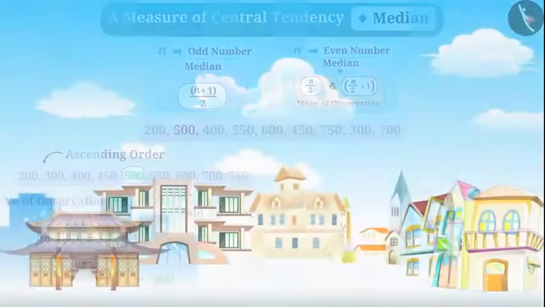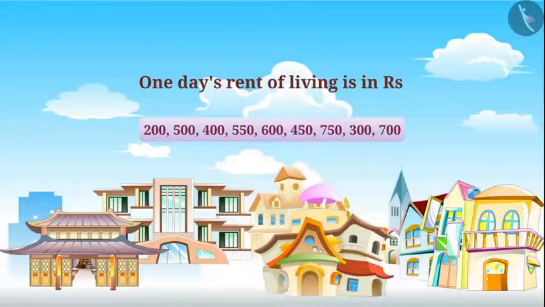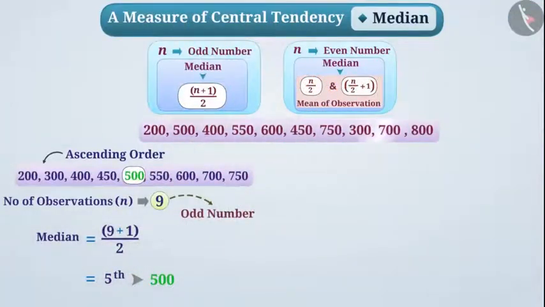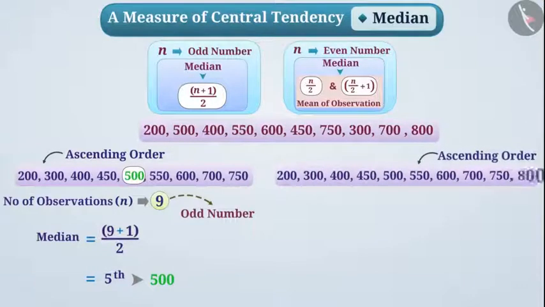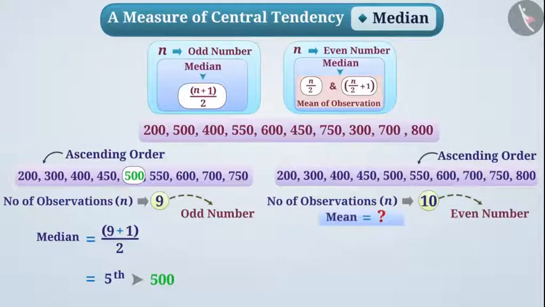Suppose a new hotel started in the same city whose one day stay is 800 rupees. Now, we can arrange all numbers in ascending order in this way. In this case, the number of observations will be 10, which is an even number. In this case, we get the mean of the 10 divided by 2, that is the 5th, and the 10 divided by 2 plus 1, that is the 6th observation, which will be